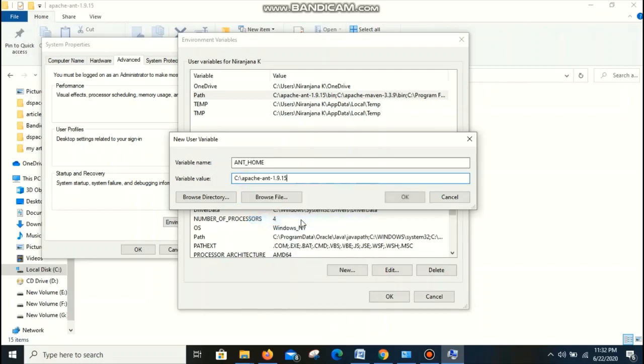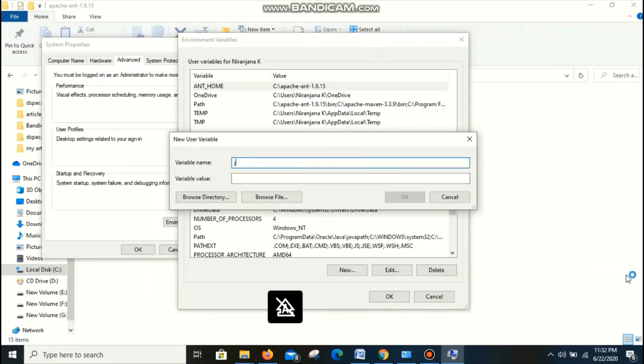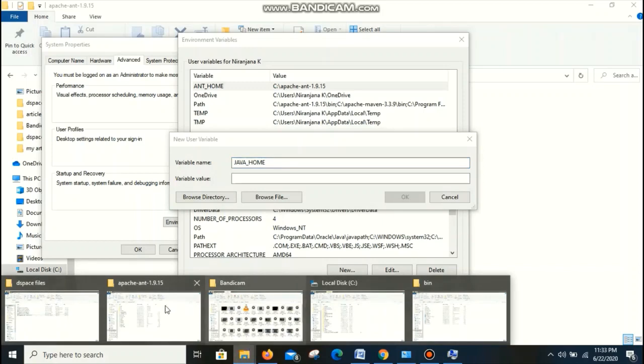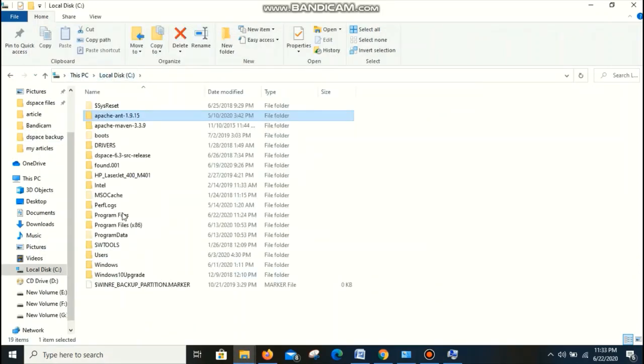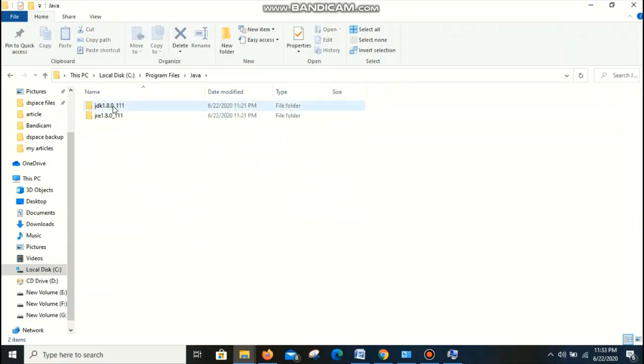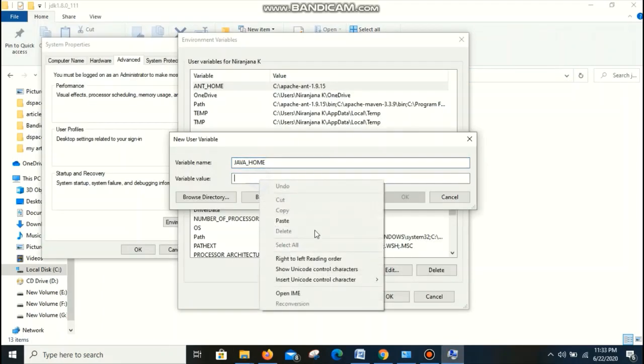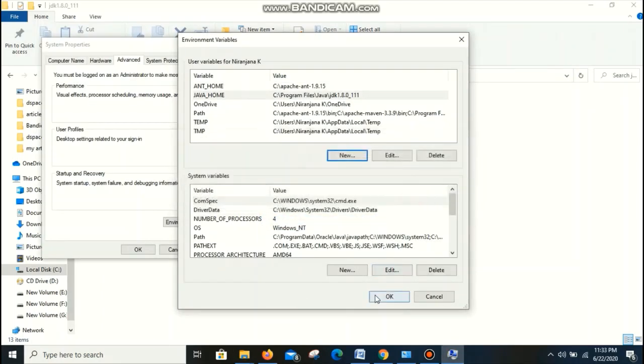over here. Okay, selected. The next thing is I want to create JAVA_HOME. So in capital letters just enter JAVA underscore HOME, and here also I need to give the path for Java home. So go to Program Files, go to the Java path and select the JDK version, and copy this one. In this step, no need to go into the bin. Just click OK for Ant home and Java home. Again, you need to cross-check and click OK,